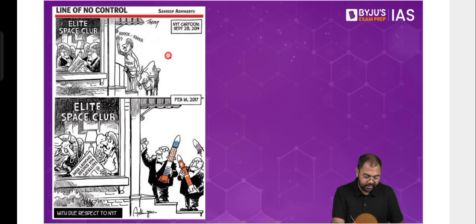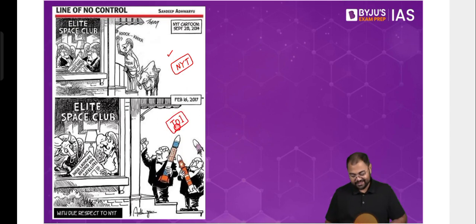This is a very infamous cartoon that was published in the New York Times, and this was a befitting reply that was given by the Times of India. During the time of the Mangalyaan launch, in 2013-14, Western media criticized India a lot, saying that India is a poor country. Why do you want to spend on a Mars mission? You should rather spend that money on poverty alleviation schemes, on subsidies, on schemes and policies for the poor in your country. What does a poor country like India have to gain with a Mars mission?